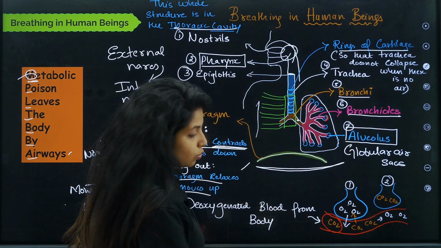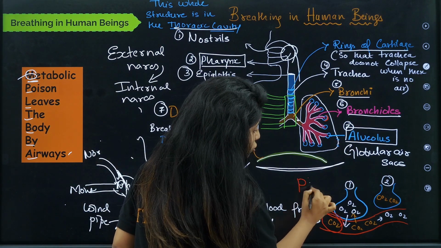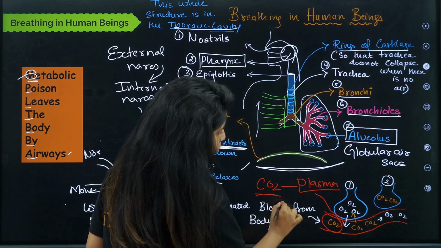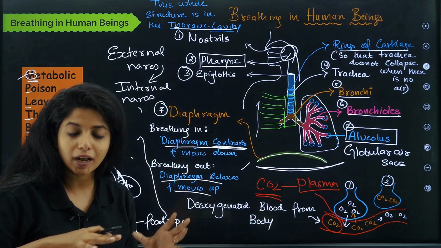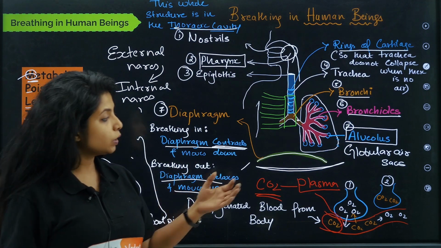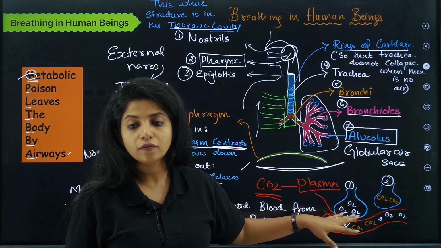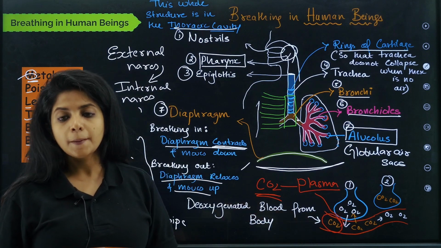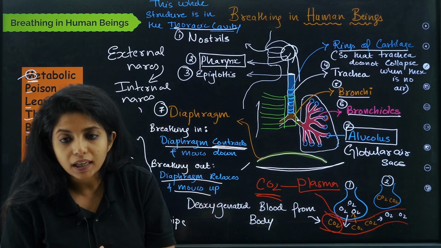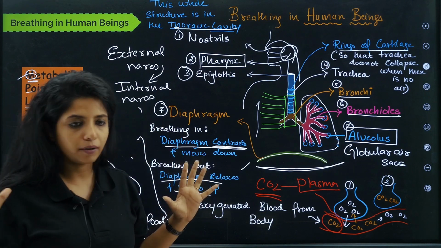Outside the blood cells also, in the plasma, which has 95% of water, there also I will be having CO2. So it's in the cells, and also in the plasma the CO2 is found, because CO2 is kind of soluble, whereas oxygen is not that soluble, so it won't be mixing with the plasma and moving around. For oxygen to get transported, we need hemoglobin. Hemoglobin is the best guy for it.